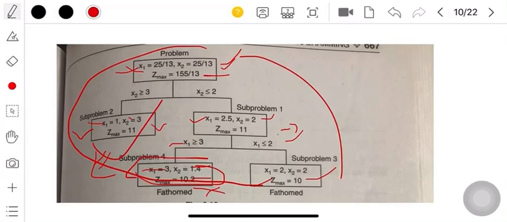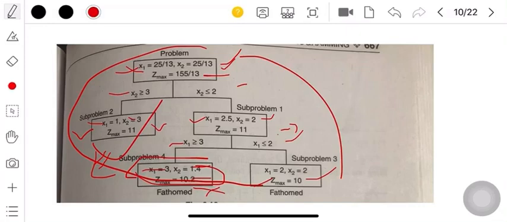So have you got my point? How to solve the branch and bound method? What we need to do is use only the graphical method. Just try to increase the constraints. Try to solve the problem by assuming the various constraints, and at any point where the value of the objective function is maximum, we will get the solution.